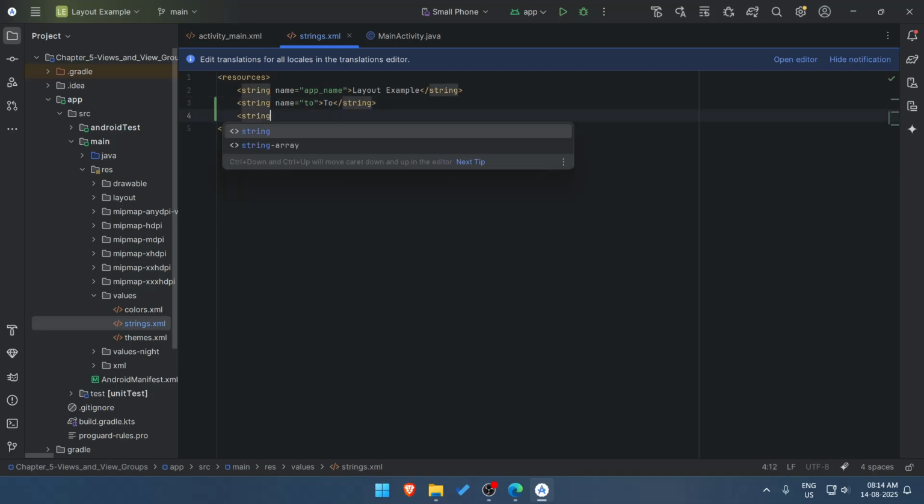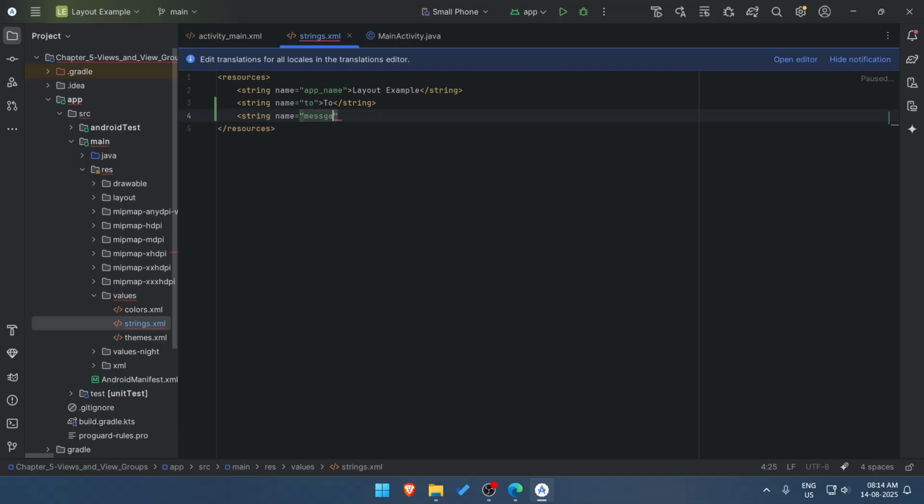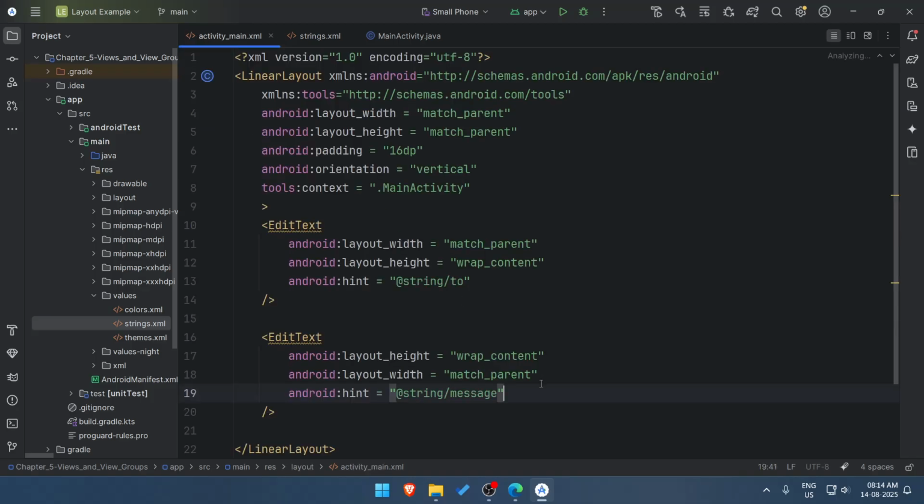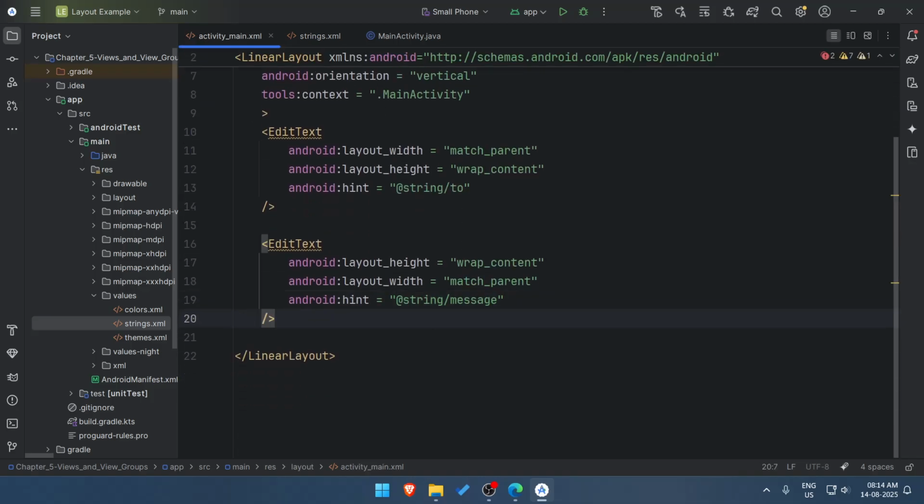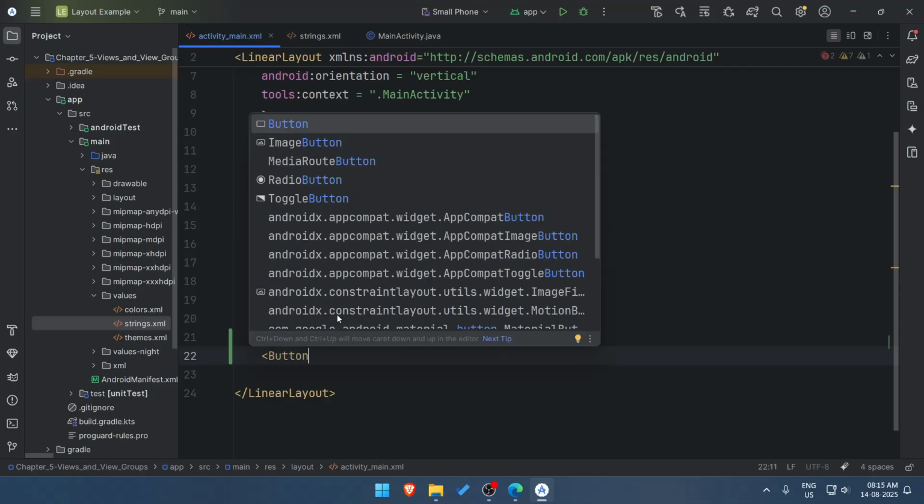And we create another string, name is message, and we call it message. Alright, so now that this is resolved,